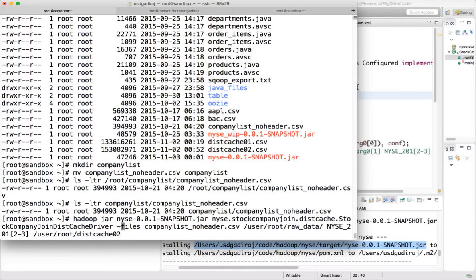And here let us give the relative path, which is company list/company_list_no_header.csv, and this is the HDFS path /user/root/raw_data, the base directory for our New York Stock Exchange data. So that is the first parameter, which is the directory path,